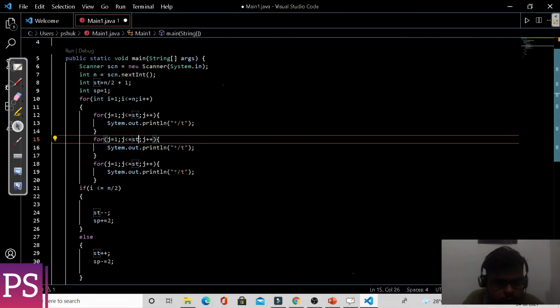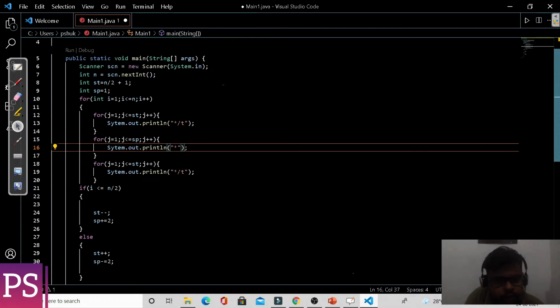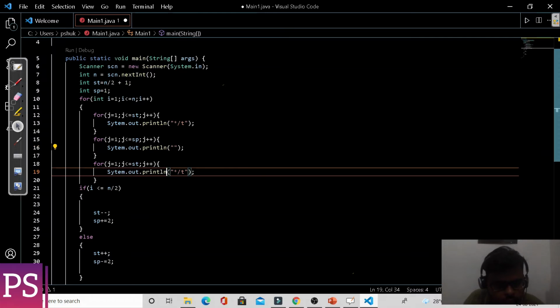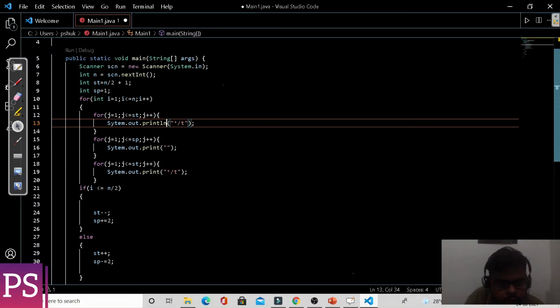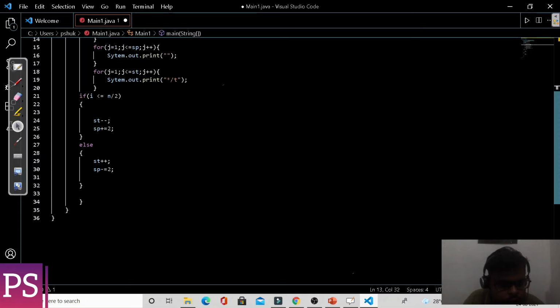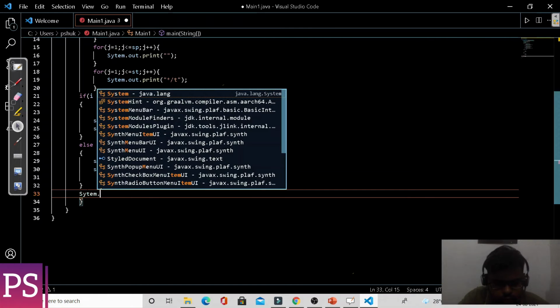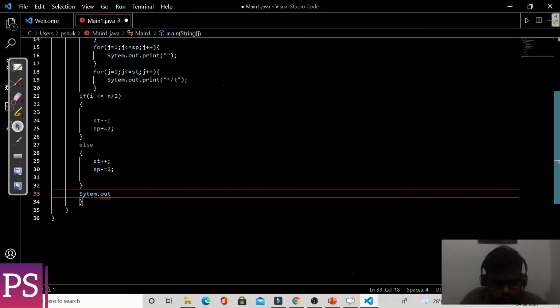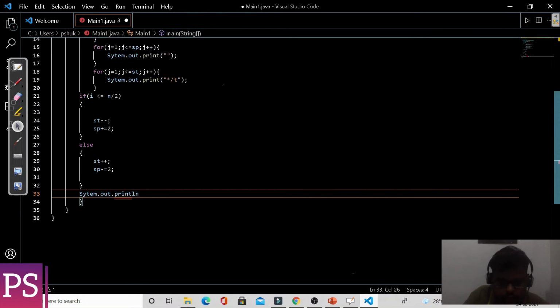Now just remove st from here and add a space, and remove println because we don't want to go to the next line. And as we have to go to the next line also, System.out.println.